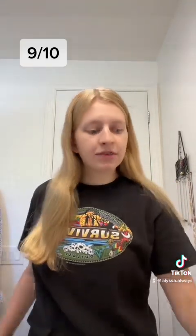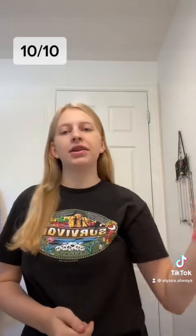Okay, 2 more left. This one, the Belle Wet Brush. I do like the colors on this side. They're really pretty. You know, I use this one all the time, so I'm just going to have to give this one a 10 out of 10. Solid. Last but not least, my very old one that I got for free with a J on it, the Justice Brush